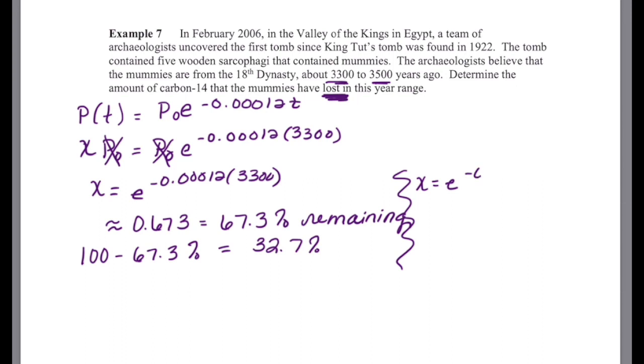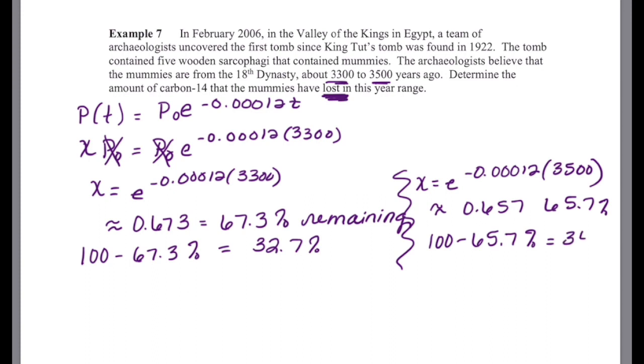We also need to do the same for x equal to e to the negative 0.0012 times 3,500, the high end. When I substitute that in, we obtain approximately 0.657 or 65.7%. Again, that's how much is remaining. To find how much is lost, we'll take 100 minus that 65.7% and obtain 34.3%. So our ending result, to answer the question, is that the amount of carbon-14 that the mummies would have lost during this time frame would have been between 32.7% and 34.3%. And this concludes our lesson utilizing models of growth and decay as well as continuous